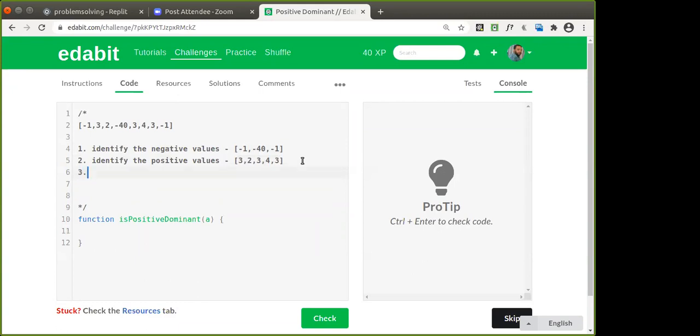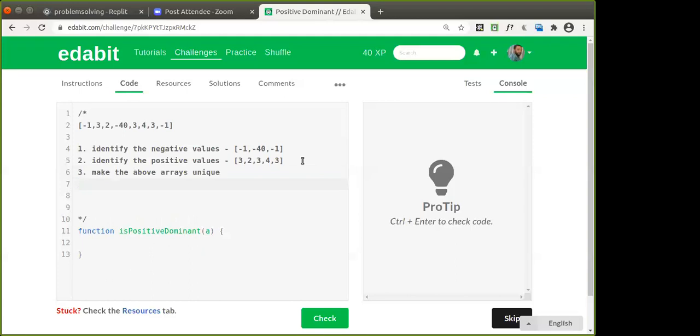Next, we have to make them unique. First of all, it should be unique. If you have repeating values, make the above lists or arrays unique.